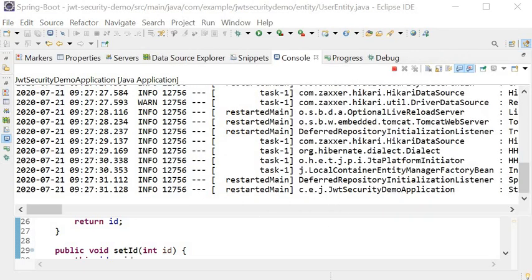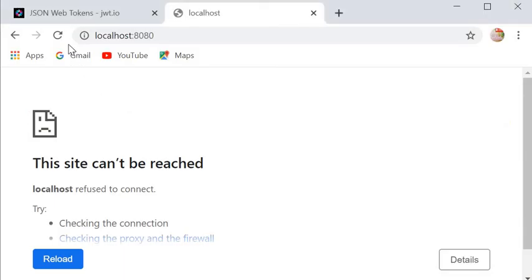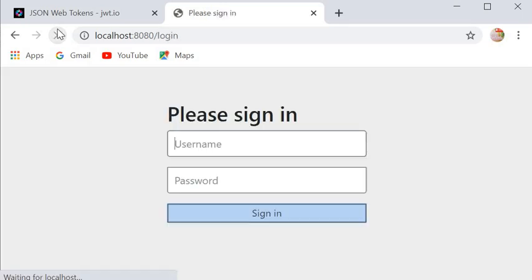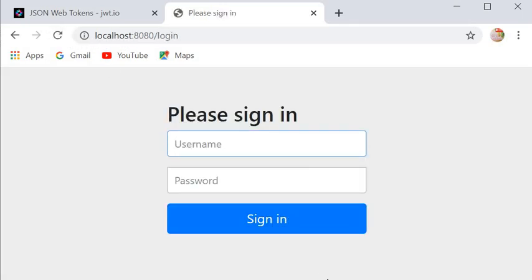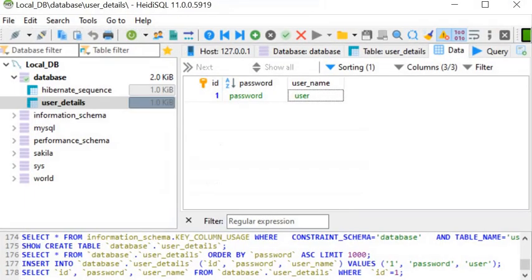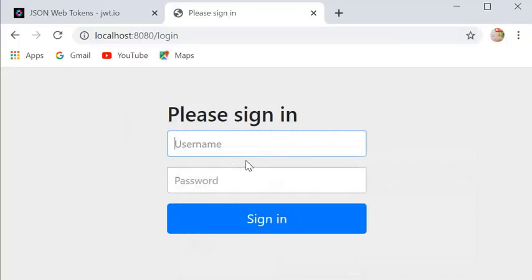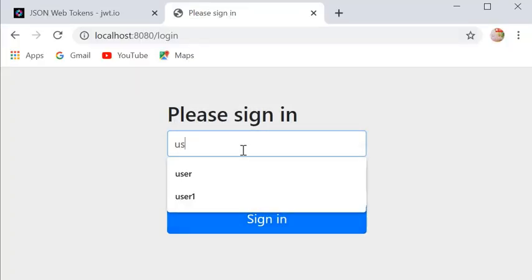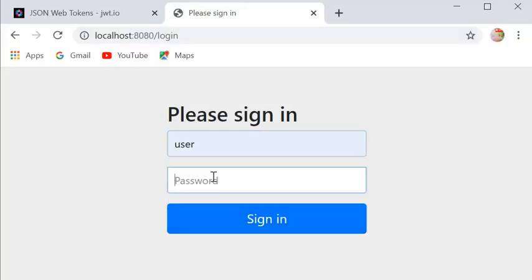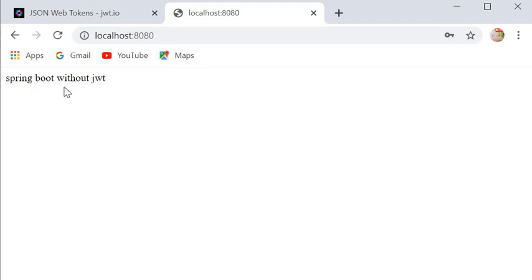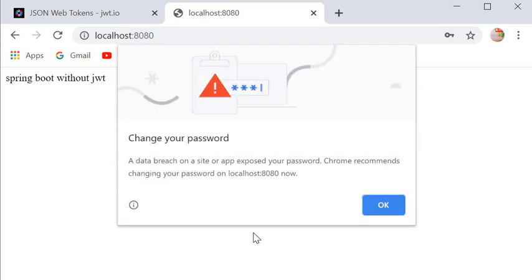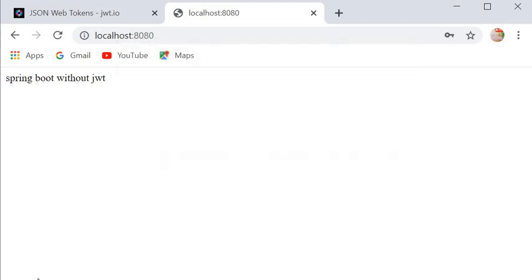Now our application has started. So now I will hit this REST endpoint. Here it will ask for username and password, and we have already saved one user in the database. So I will set user as the username and password as the password. So here you can see "Spring Boot without JWT" is the message returned by our REST endpoint.